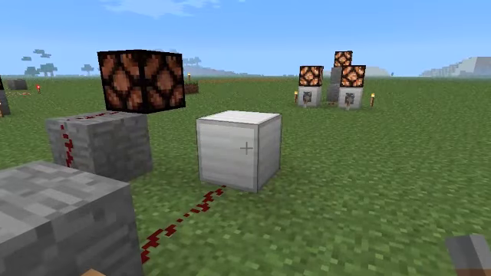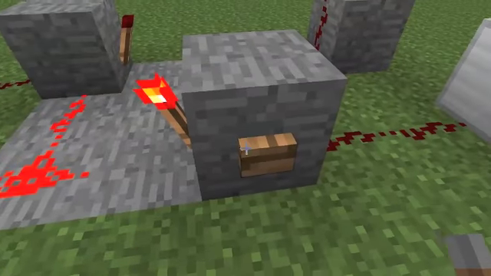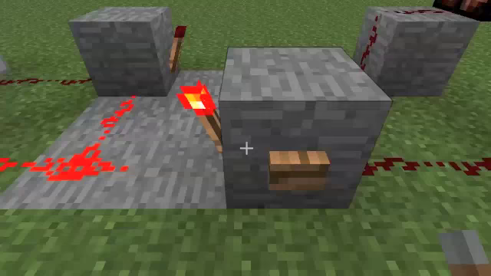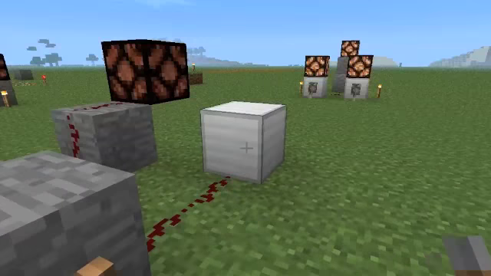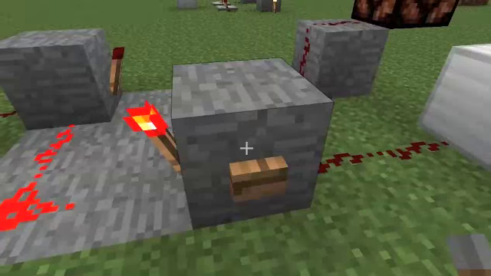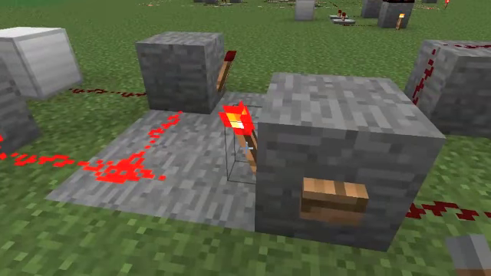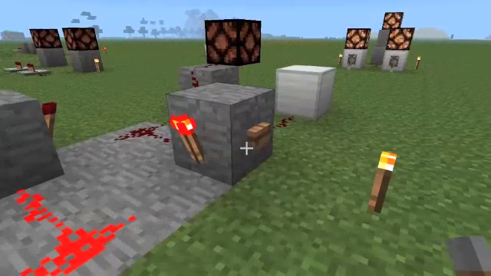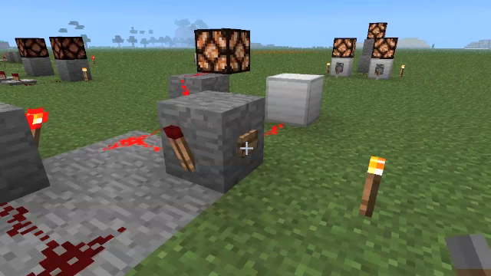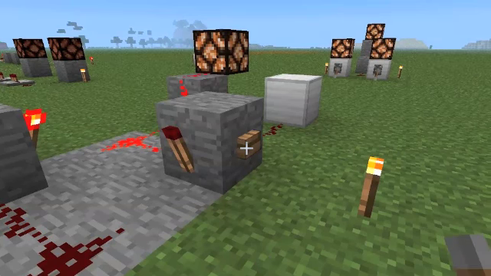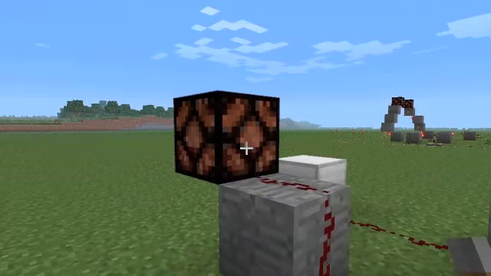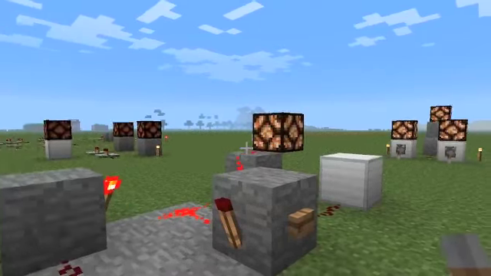Now I can press this button here. I have a shortcut button. When I press this button here, it will be equivalent to pressing this button, sending a pulse of redstone current into this inverter and turning this redstone torch off. So you can see what happens to the circuit when I press this button. And you can see the whole circuit has switched so that whereas previously this glowstone was on,